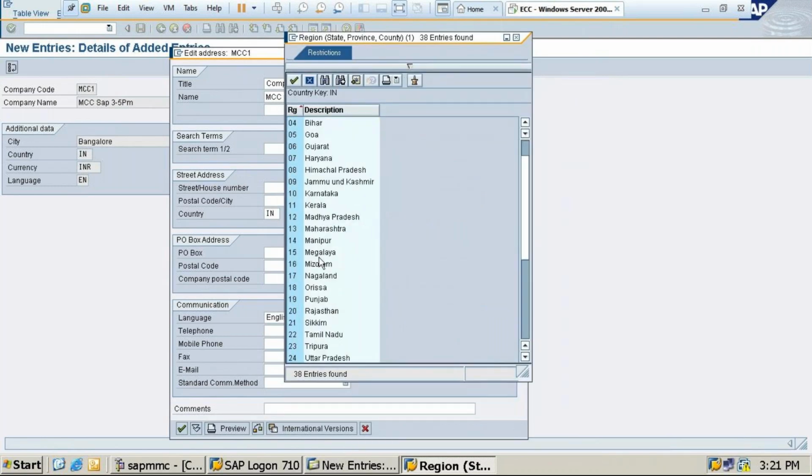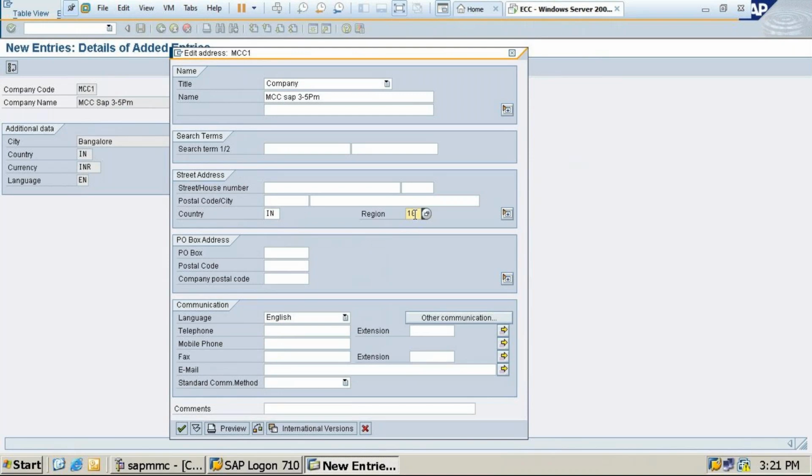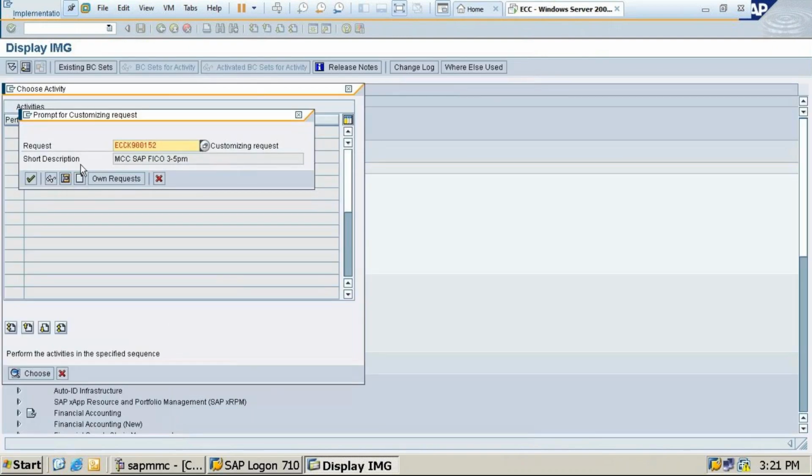See, Karnataka state code is 10. If I double click on Karnataka, the 10 will be selected here. After giving the information, you click on save, this green color button, that is nothing but save. Then see, in the data field of MCC SAP FICO 3.35 PM, I am saving my company code to company.